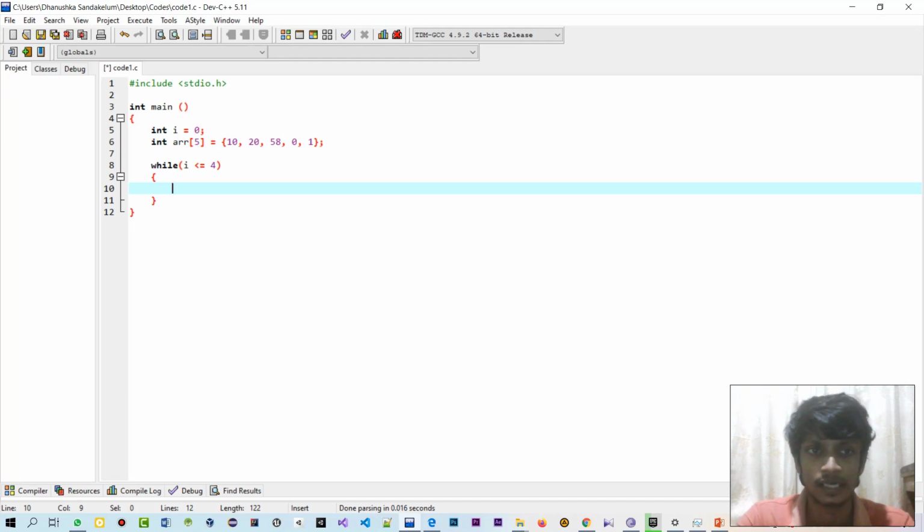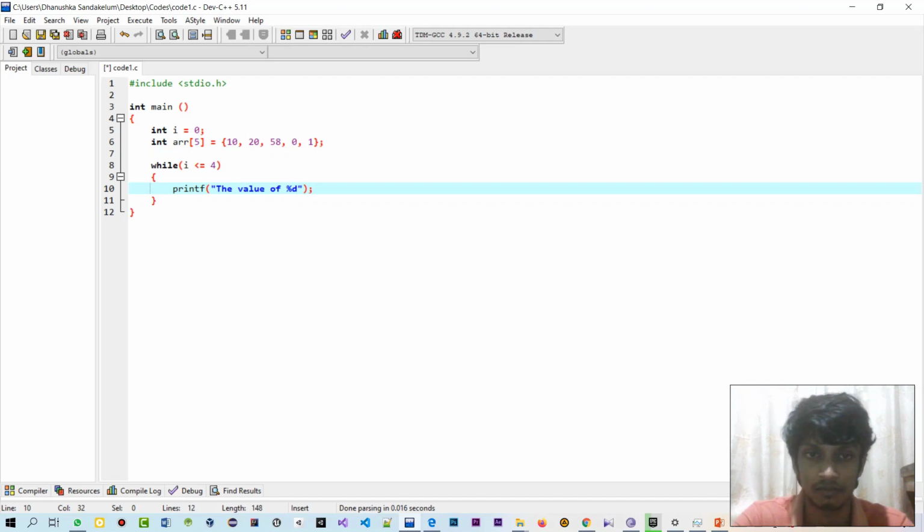So now we can print our corresponding value. In order to print any particular value, we can use the printf function. This is a predefined function in the C programming language, which we are using for outputting corresponding values. It means print formatted. So you can add some kind of line in here. Let's say the value of %d.